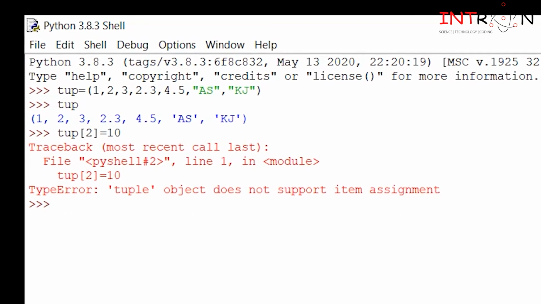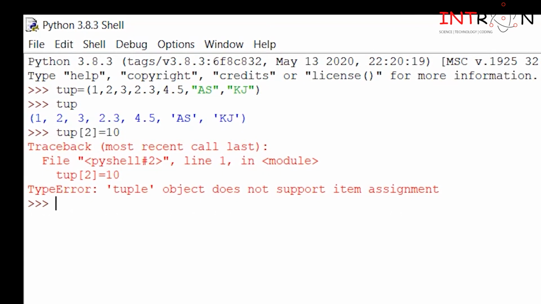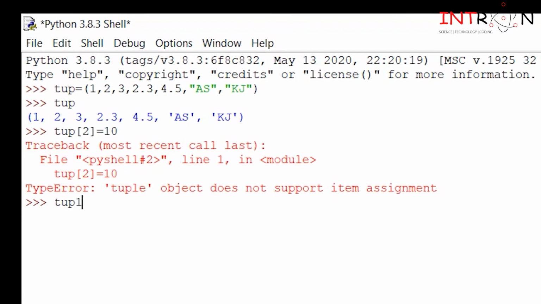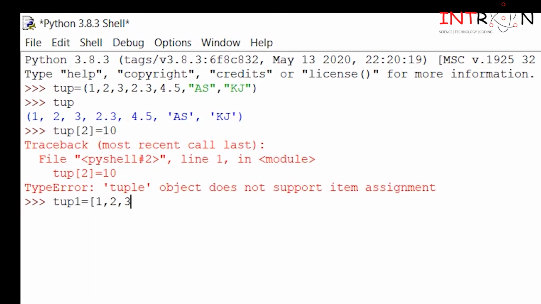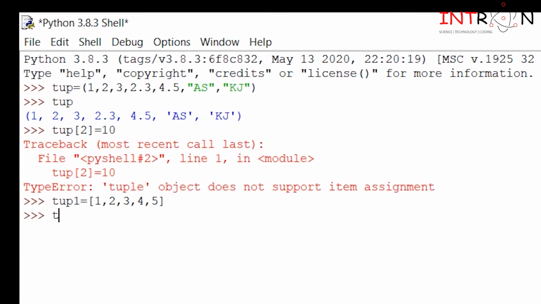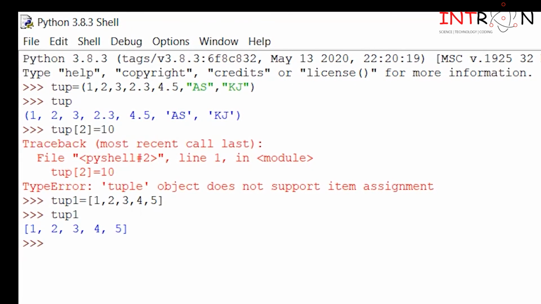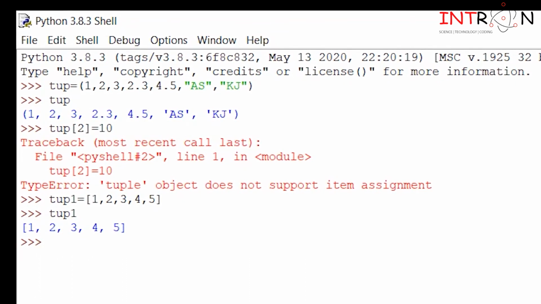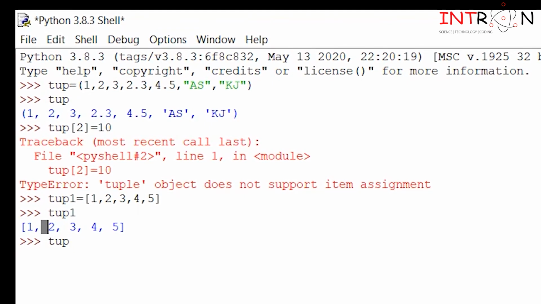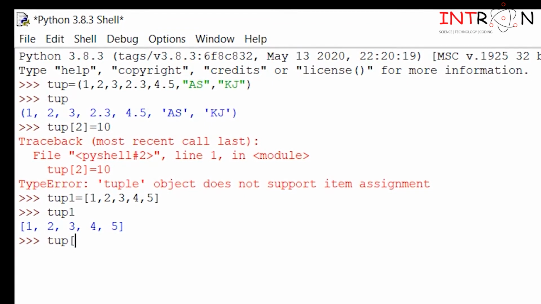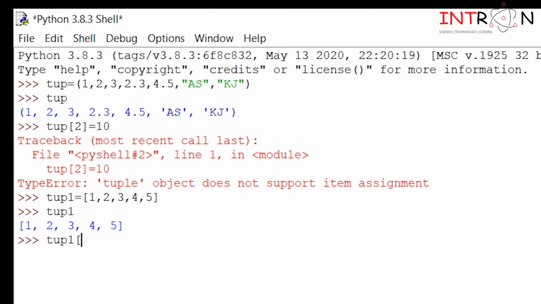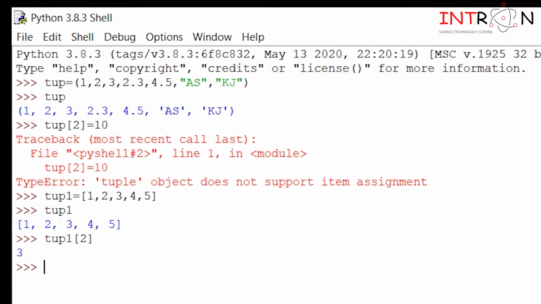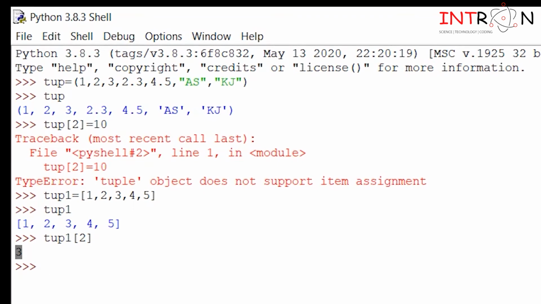Now let's see what different operations we can perform on the tuple by using different functions. So we will make a new tuple, simply 1, 2, 3, 4, 5. Here is my new tuple. Let's print that, and here is my output. If you want to print a particular element, you can print it by using its index number. Its index number is 0, 1, 2, so it is at index number 2. My variable name is tup1 and the index number is 2. I want to print the value at index number 2. So here is my output, and you can see we have got the output.